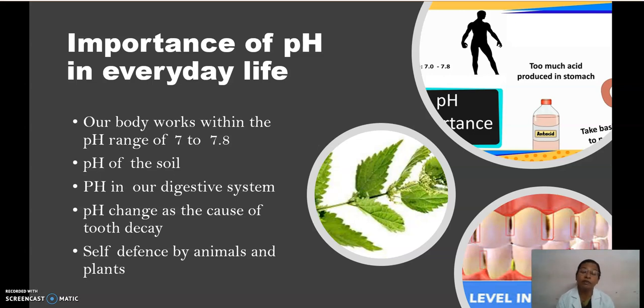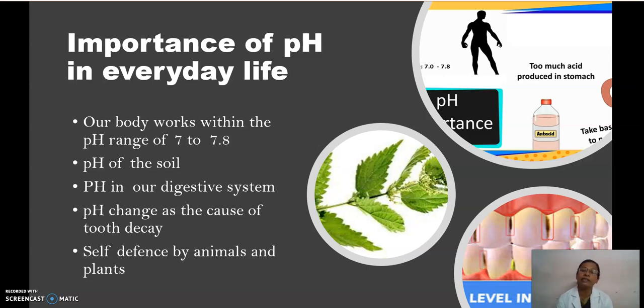Sometimes when indigestion happens in our stomach, we feel very much pain and irritation. At that time, if you consult a doctor, they will prescribe a medicine, and you will get a pink color solution. Gelusil tablets are there, and a liquid also. If you read what is written outside that medicine, it is written that it is a base, magnesium hydroxide. It is also called milk of magnesia.